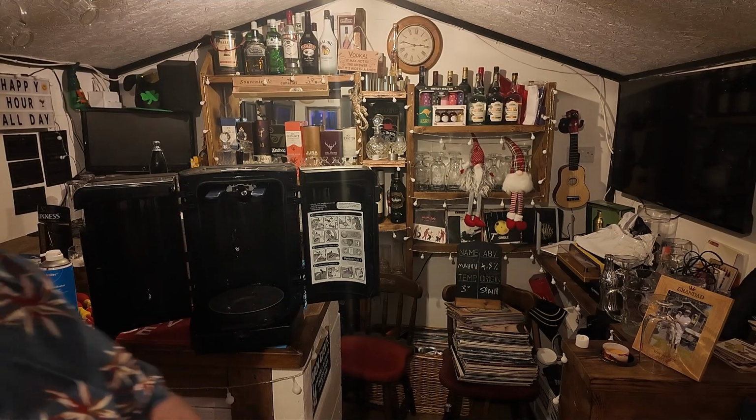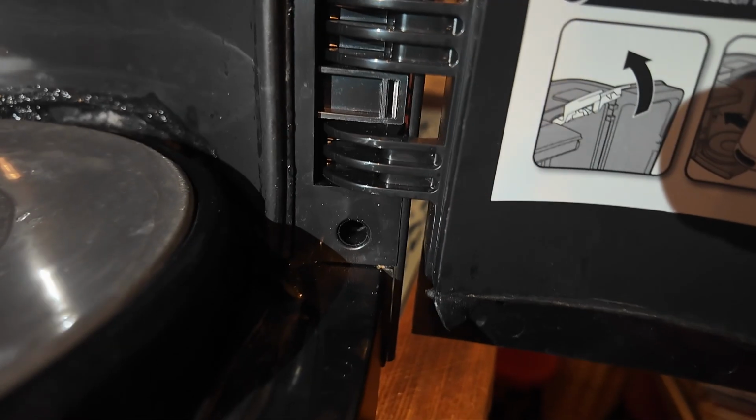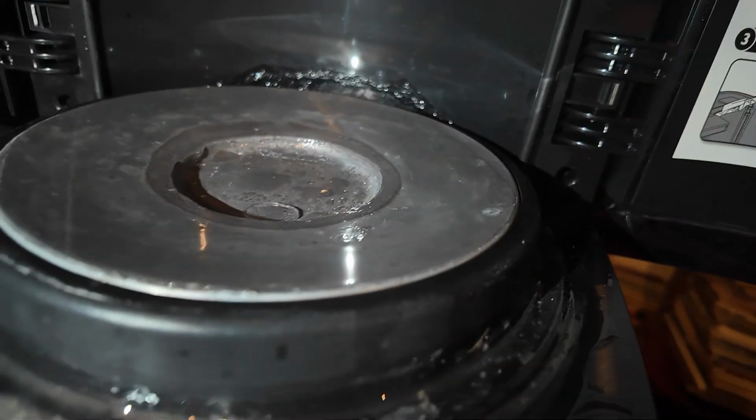Right, let's bring the camera in. There's a screw just there, with the doors open. There's a screw just there, looks like a Phillips. There's a screw there, and a screw there. On this model here,